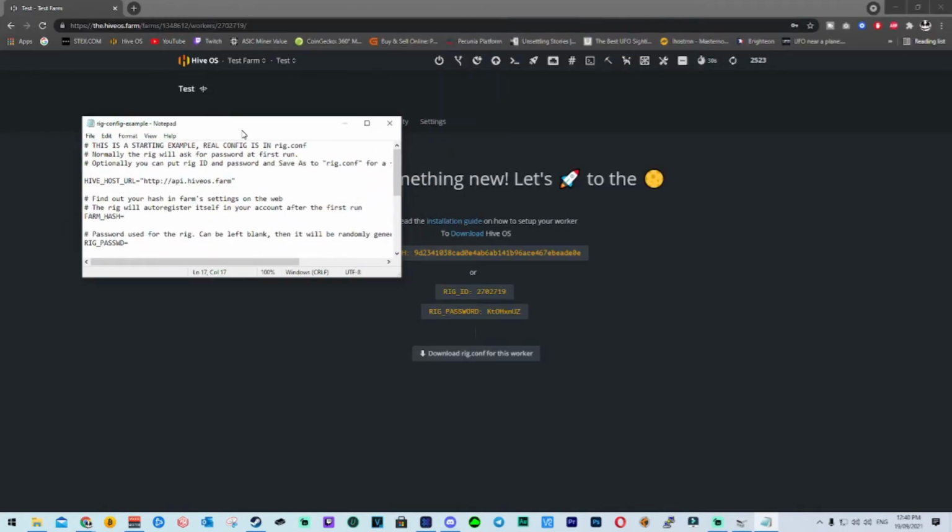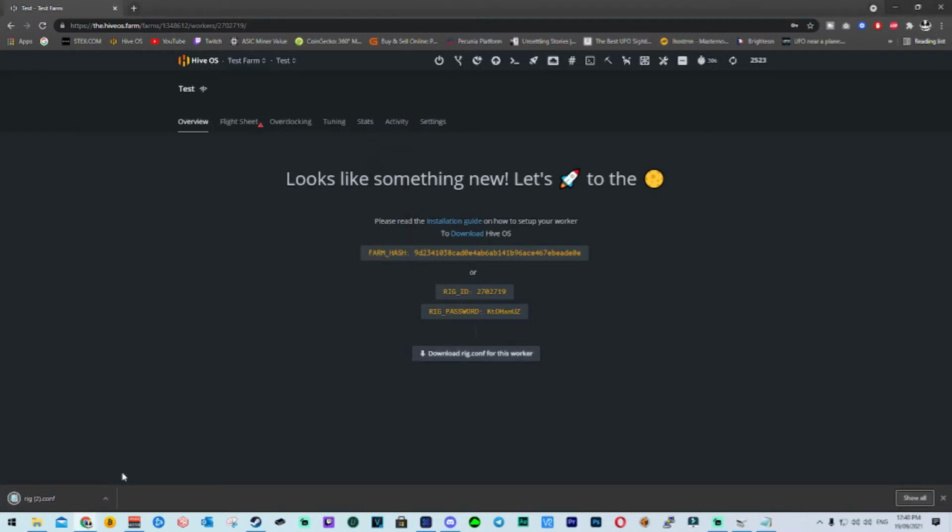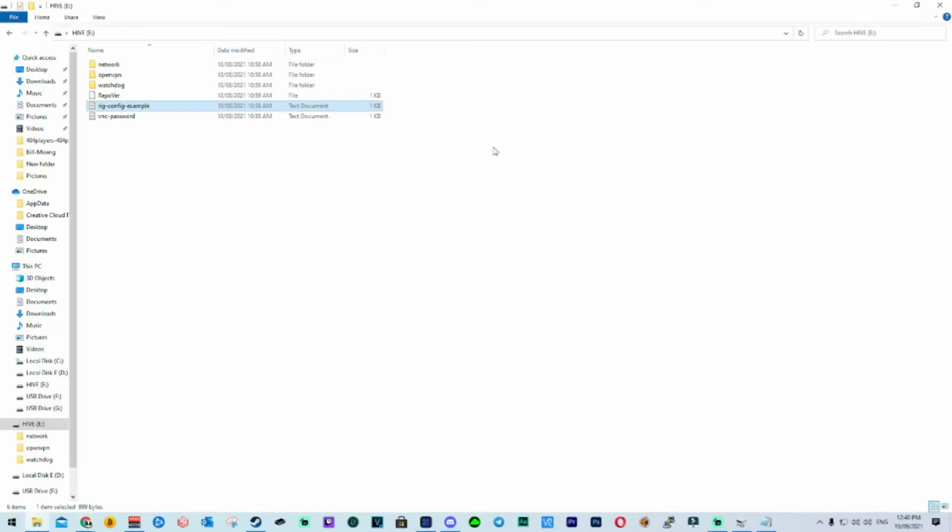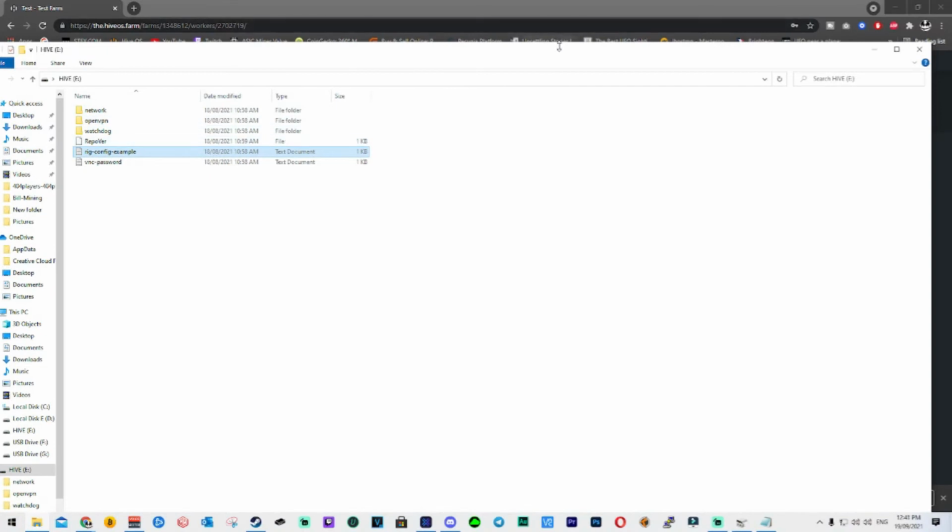There's an easy way of doing this, and if you can't be bothered to put everything here, or you're unsure what to put here, you can just download the rig.conf file. So I'm just going to quickly download this. It's a lot easier for you to do. I can see I've got 2 here downloaded as I did it previously, and I forgot I wasn't recording, so sorry about that. And so I'm going to go to my downloads,